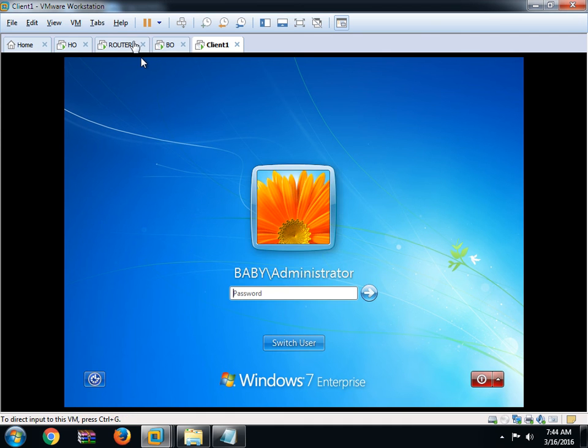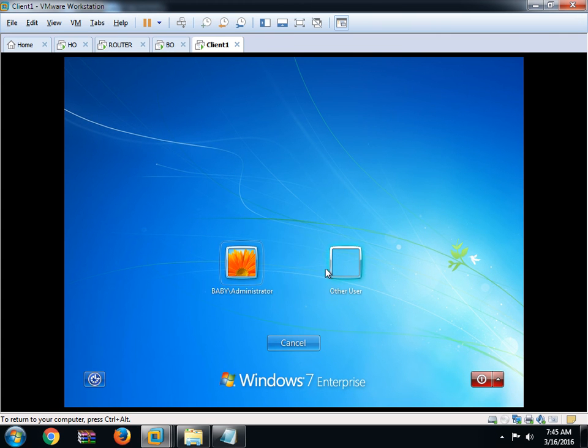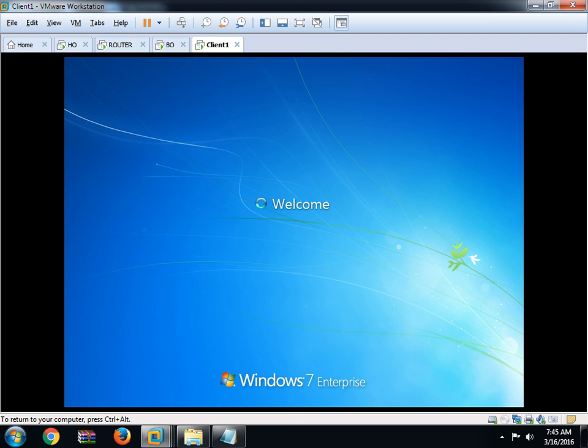Now do one thing. Just disable this and log in. User 100 and password @123. It will not log in. It will give an error message after some time, because we have disabled the local area connection with the head office, so authentication will not come from the head office to the branch office.